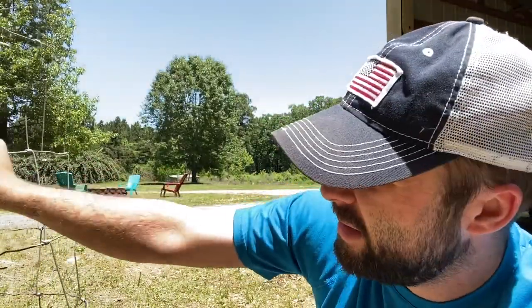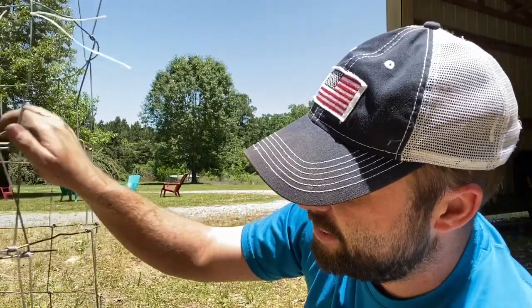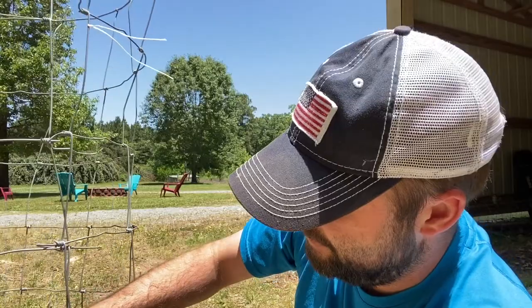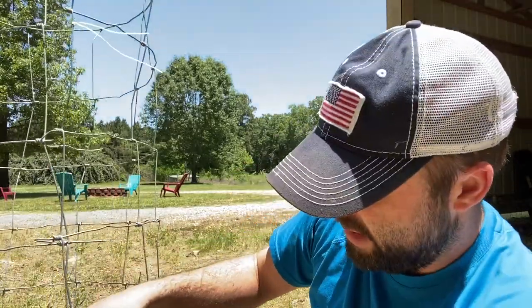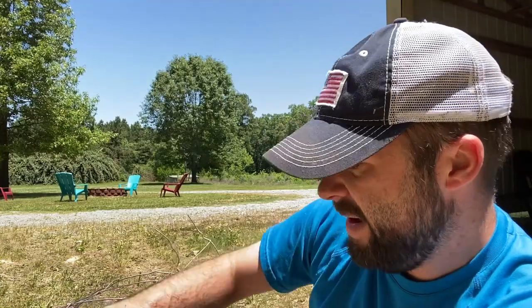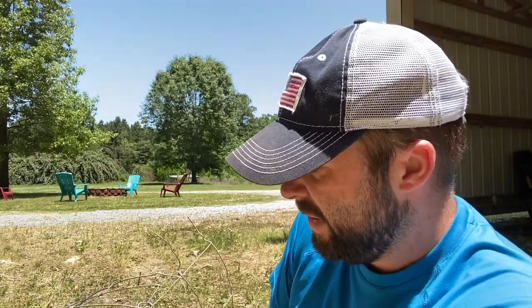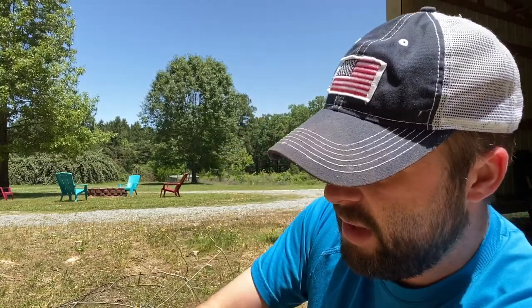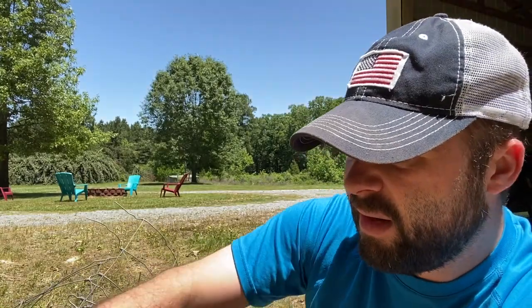I just did. This is a real simple cage, and some people like a concrete wire, reinforcing wire. That works well too. It's just whatever you can get. I like this old field fence. It holds up well, and not real expensive either. So again, if you're looking to make your own cages, this is how I do it, and it's really worked